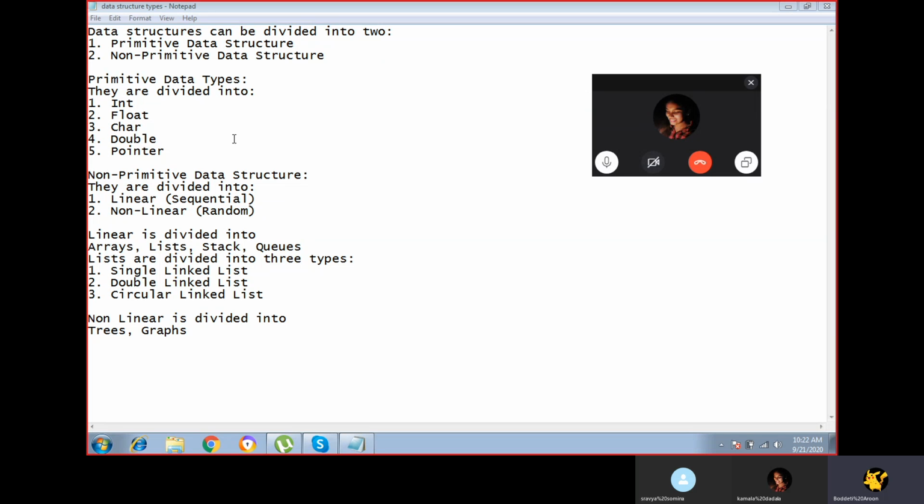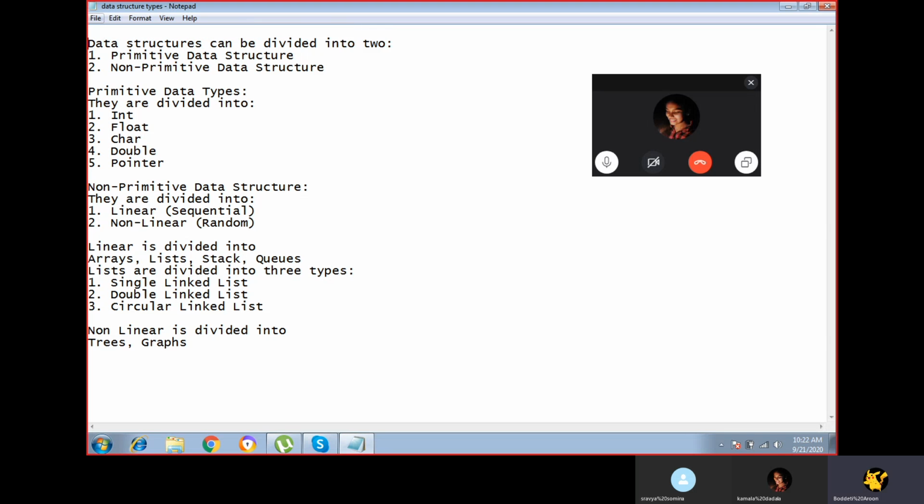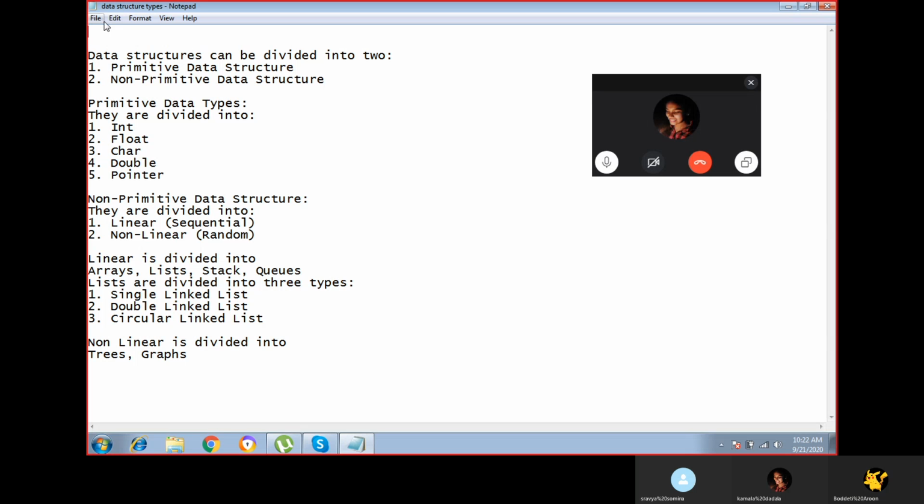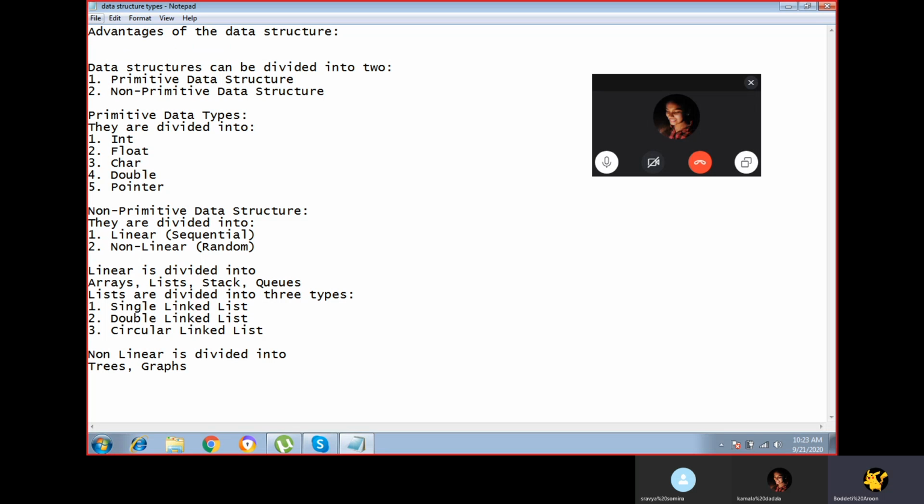Coming to the advantages of the data structure.